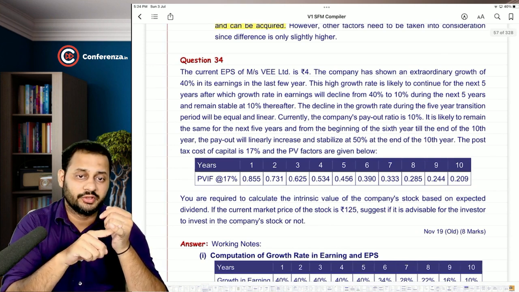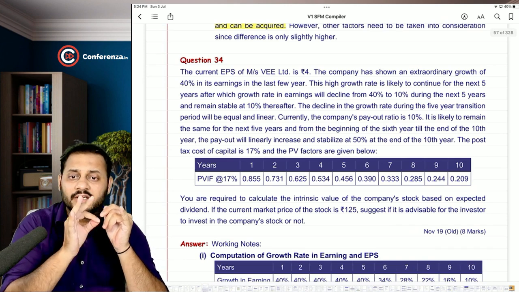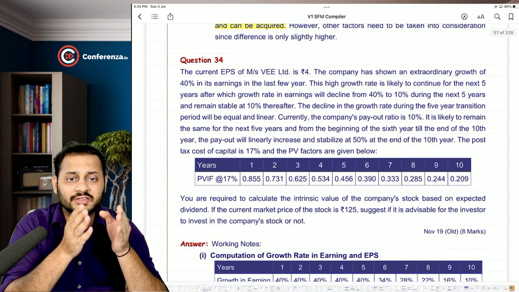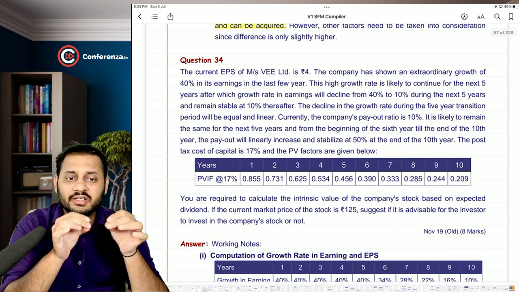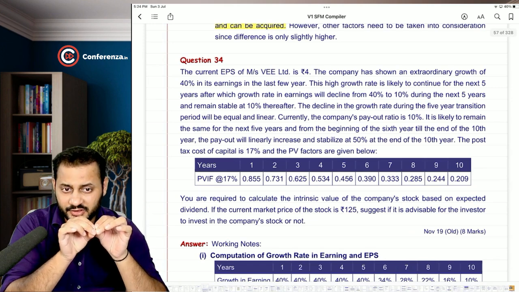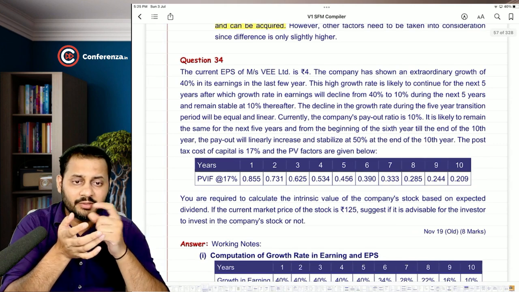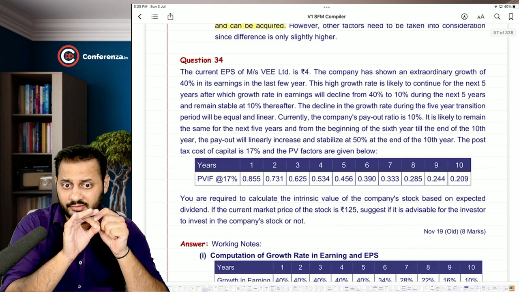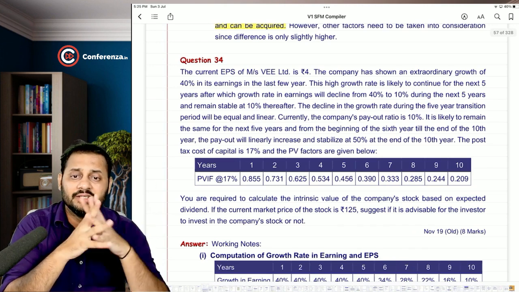This high growth rate means the 40% is likely to continue for the next 5 years, after which the growth rate in earnings will decline from 40% to 10% during the next 5 years. Just understand, it will decline from 40 to 10. That means there will be a decline of 30% in 5 years, and after that it will remain stable at